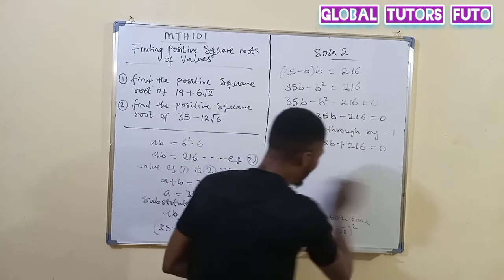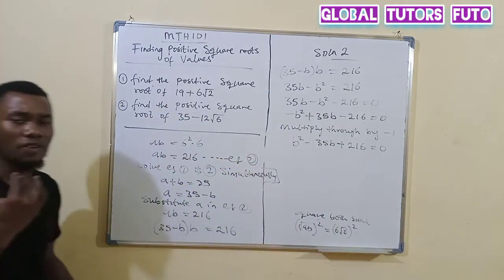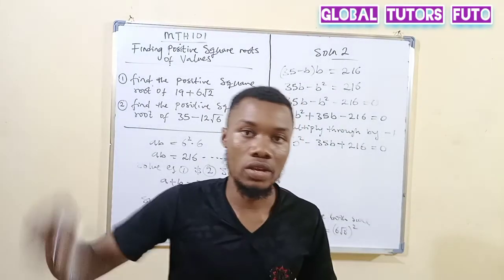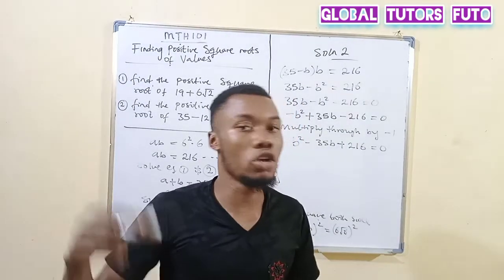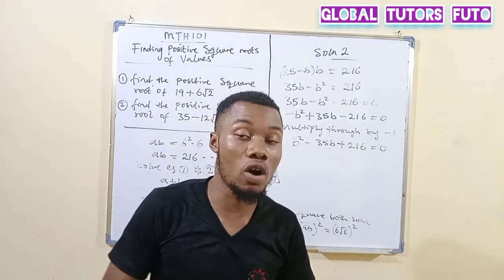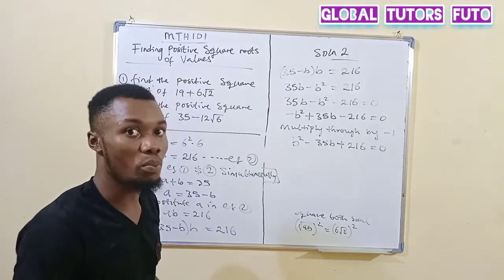If you try it and find out that it is not factorizable, you can use the formula method. I'm going to show you how to factorize using the calculator, so that you can use your calculator and factorize and know what the root will be. Then you know how to compute it.